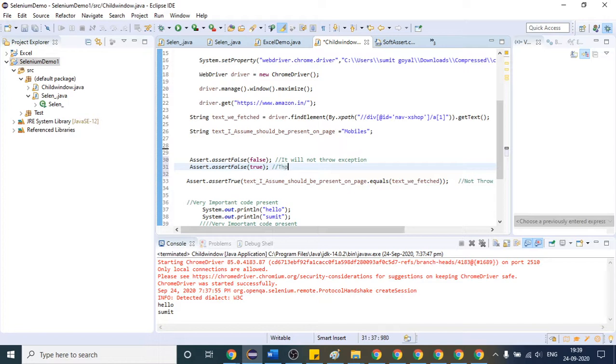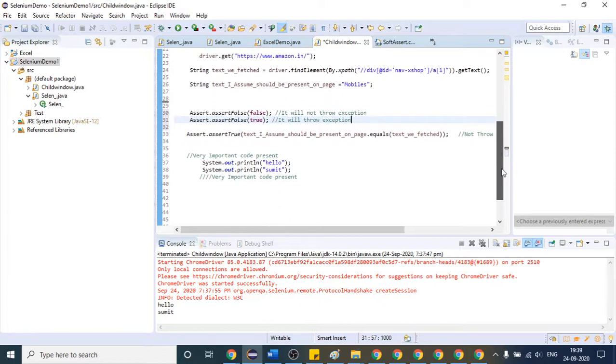So there might be chances you were expecting some condition to be false, so it will work like that. So it will not throw the exception this time, right? So if I try to do it this way, again let me comment this, and let me comment this as well.